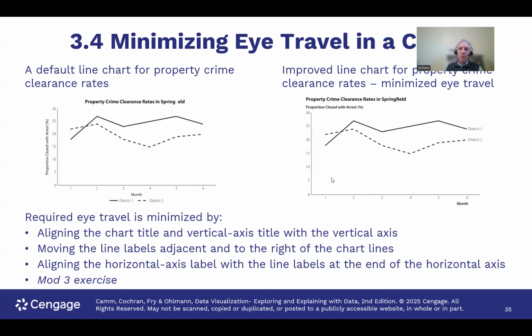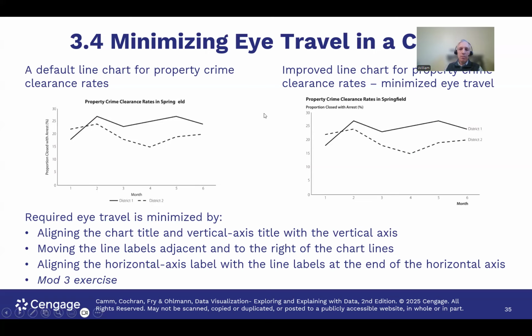Okay, so there's an exercise in the textbook for how to do this. This is worthwhile if you're not familiar with how to label these lines like this. I'm not going to do that in this lecture. I recommend you do. Again, in the textbook, section 3.4, you can find the data values for this, and in very explicit detail, the textbook tells you how to go about doing what this chart